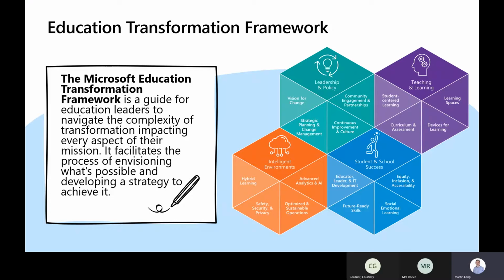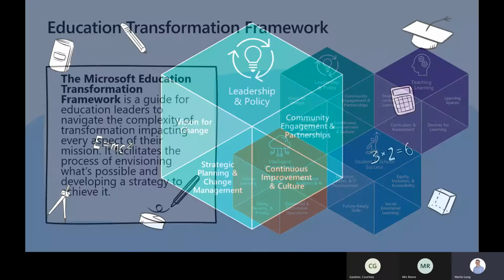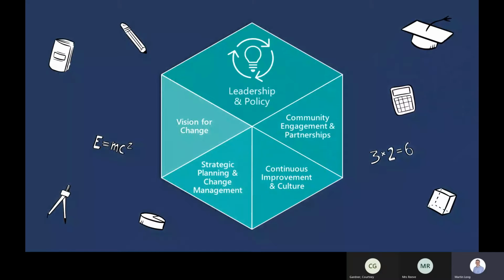We've looked at how they could apply to you in your school, trust, or academy, and we've embarked upon planning for things like vision change. Well, how are we going to do that and make sure everybody comes with us? We've looked at how to be strategic in planning for that change and making sure we've got all the key staff in the correct places. And then thinking about, well, once we've started the journey of change, how are we going to ensure there's longevity around that and it's a continuous process?